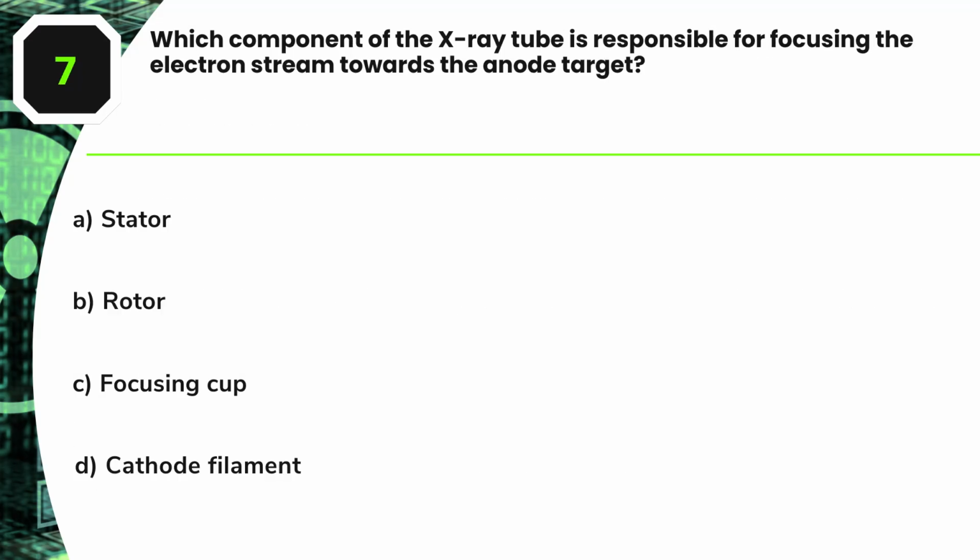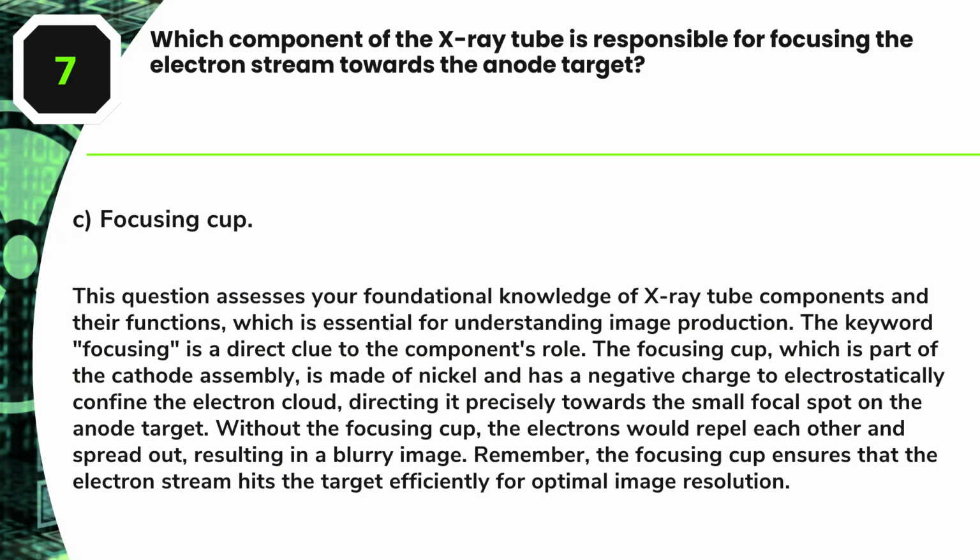Question 7. Which component of the X-ray tube is responsible for focusing the electron stream towards the anode target? A. Stator. B. Rotor. C. Focusing cup. D. Cathode filament. Answer: C. Focusing cup. This question assesses your foundational knowledge of X-ray tube components and their functions, which is essential